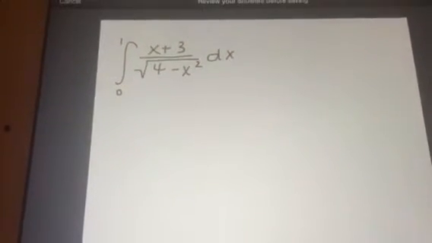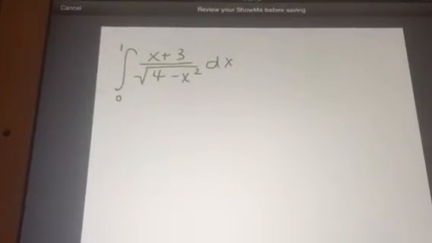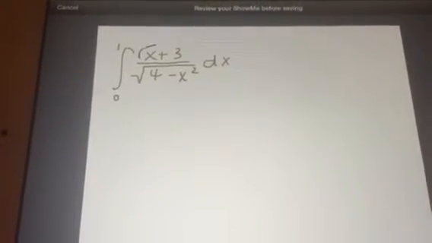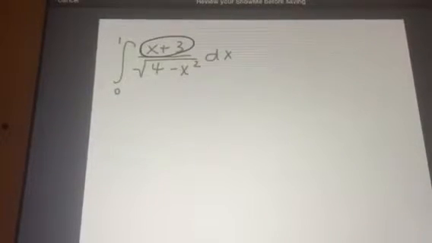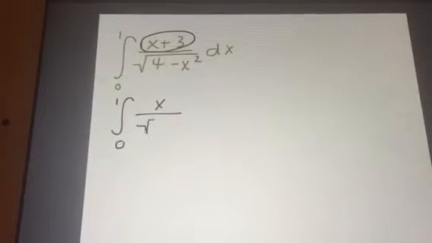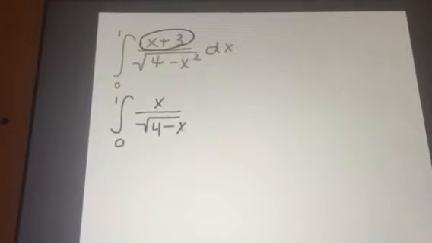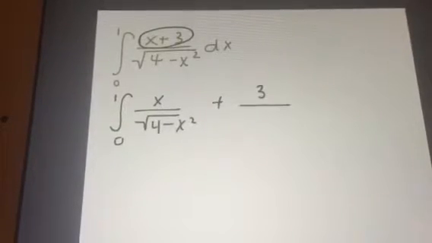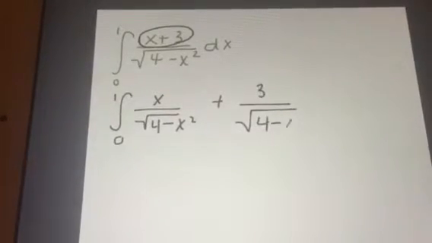Looking at this example, it seems kind of difficult to know where to start. So what we can do is we've got a plus sign in our numerator, so we can split it up into 2 integrals. It'll go the integral from 0 to 1 of x over square root of 4 minus x squared plus 3 over the square root of 4 minus x squared